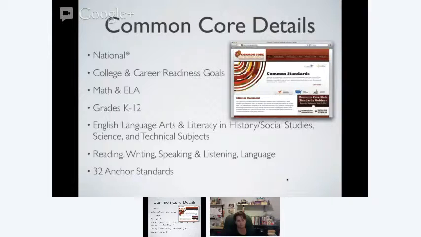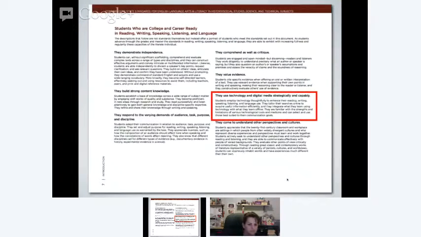And it's really this notion that literacy is everyone's responsibility. There's four main domains: reading, writing, speaking and listening, and language. Out of the four domains, there's a total of 32 anchor standards. But now in California, we adopted what's called the grade level standards, but we didn't adopt some of the other key components. But you need to know these key components in order to make sense of the standards, like the anchor standards that we didn't adopt formally.